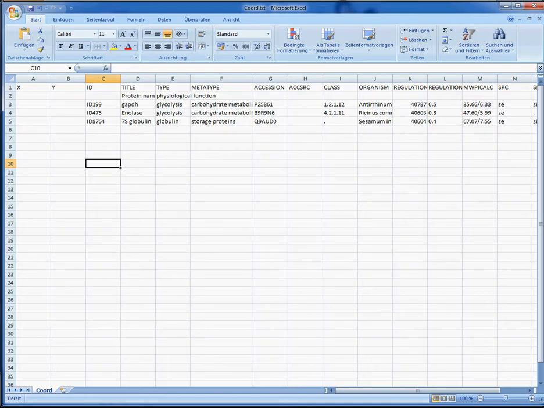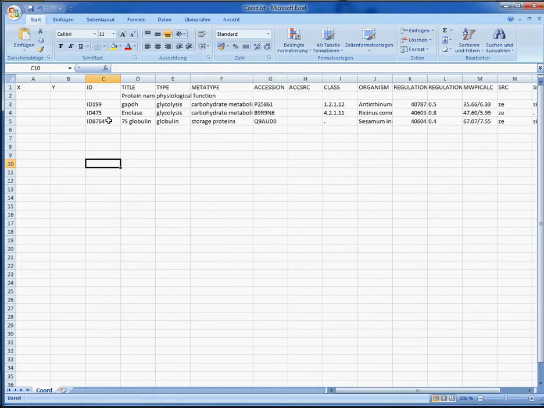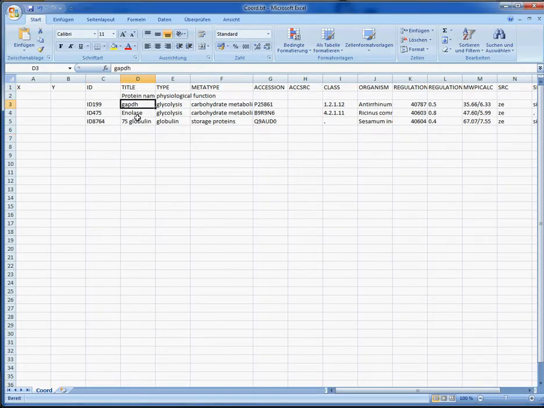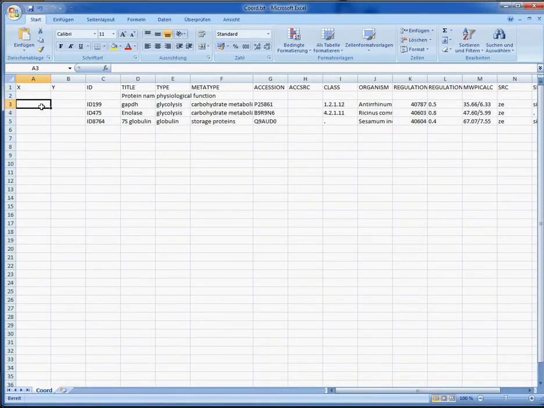We take a look at the Cyclam reference map, which has been introduced in our first video. We have identified 3 spots in our example file. You can look up your coordinates by using an image editing software, for example GIMP or Photoshop, but we will use Microsoft Paint, which is already installed with Windows. Let's say we know that this big spot is our GapDH spot. I point the mouse at the spot and observe the lower left corner for coordinates. We now have GealMap's most crucial data for this spot: the X value of 1000 and the Y value of 260.